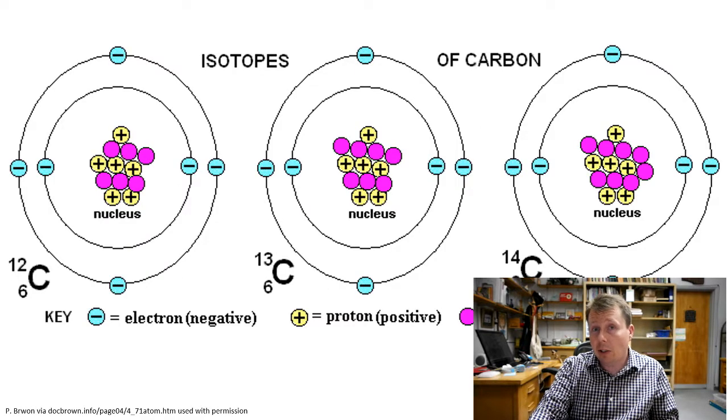For the visual learners, here you can just see physically what it looks like. We have carbon as it appears on the periodic table all the way to the left. Two of carbon's isotopes are shown here. We have carbon-13, in which we throw in one more neutron, and we have carbon-14, which is radioactive and used in scientific dating all the time, as we learned. Carbon-14 is just adding in 2 more neutrons. So we haven't changed the element at all, we've just changed the number of neutrons and the weight in doing so.